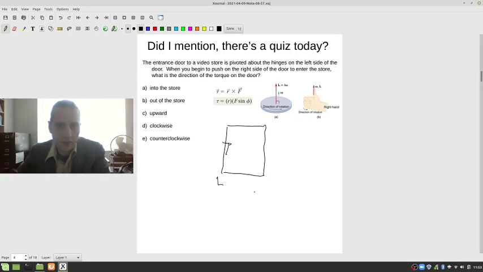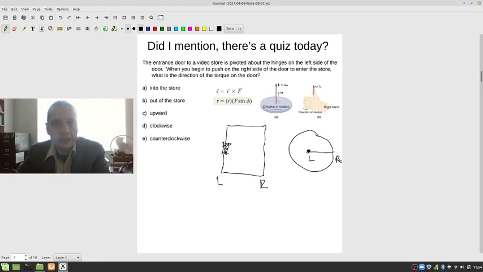Here's the left side, here's the right side, there's the hinge. Okay, so this is your axis of rotation of the door. If I look at this from above, it's going to look like this. There's my hinge. Left, right. Okay, so it says,